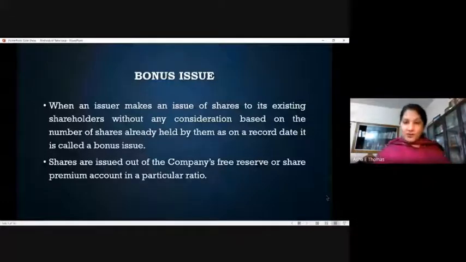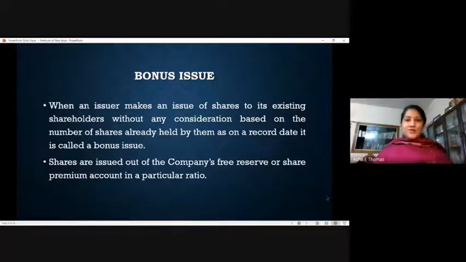Okay, so bonus issue is part of profit distributed in the form of shares. That's what we mean by bonus issue. That's why this issue is an offer made to the existing shareholders, and the number of shares depends upon the volume of their ownership with the company. So that's bonus issue. We talked about public issue, we discussed right issue, we discussed bonus issue.